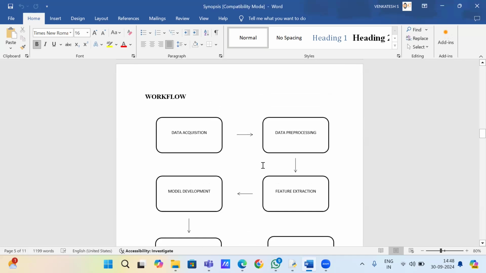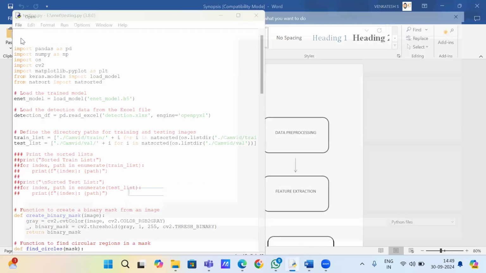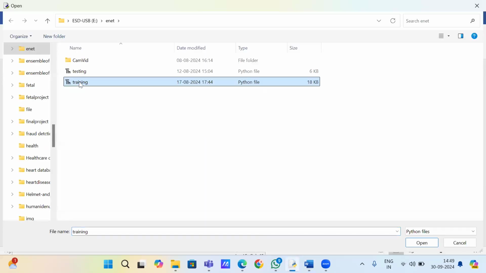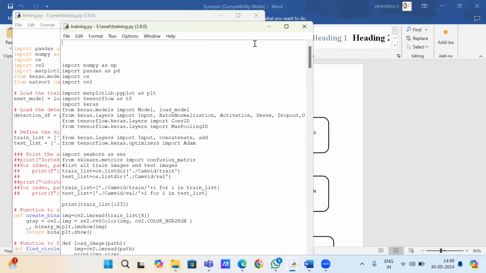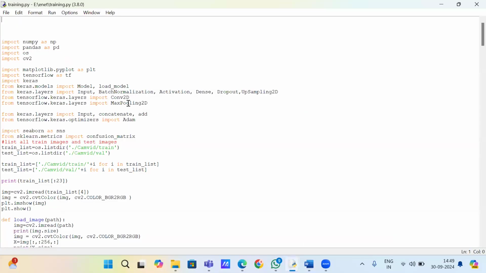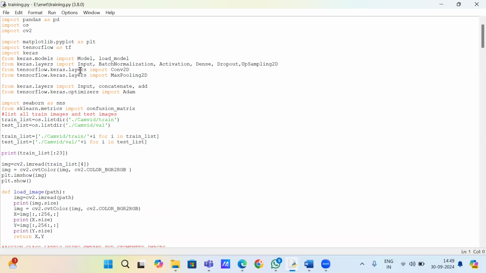Now I will explain the code so you'll have a good idea about it. This is our training code. You can see that our data set is named cam.